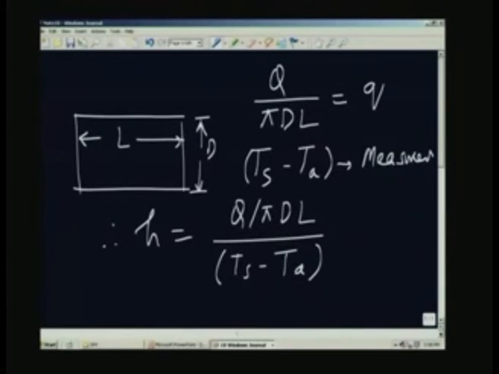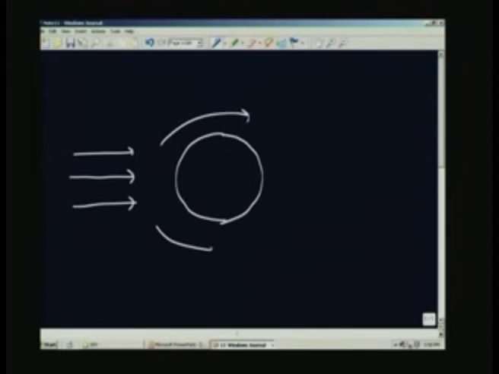It was a planar gauge. In this case, I have got a cylindrical gauge, and in fact, let us just look at the cylindrical gauge in a slightly more detail. So, this is the cylindrical gauge, and the fluid may be moving like this and like this past the gauge, and I am supplying heat as shown here. This is Q.